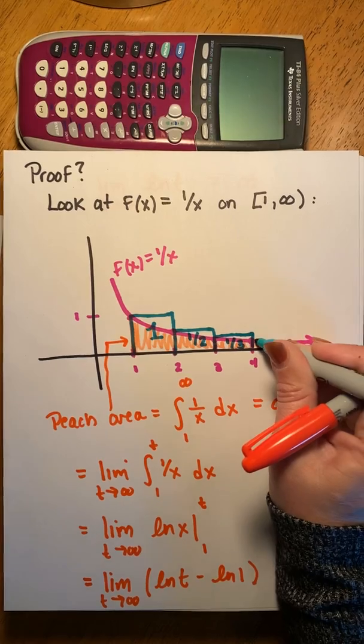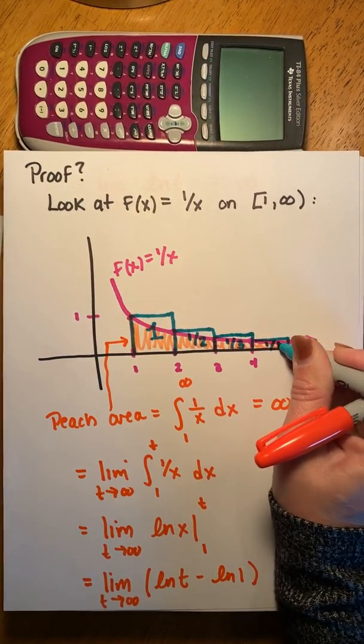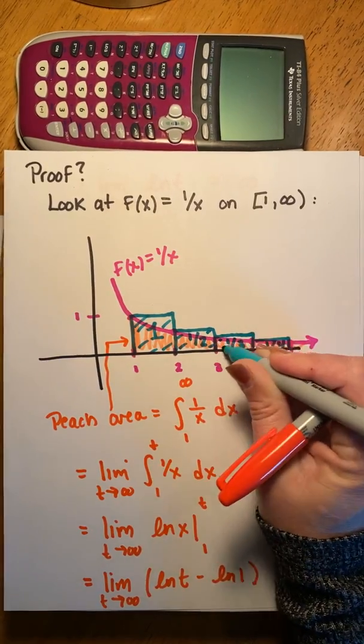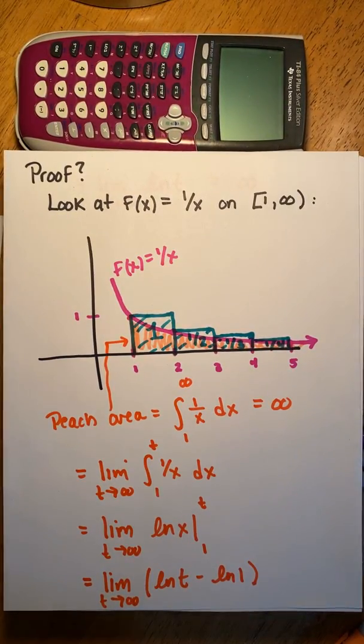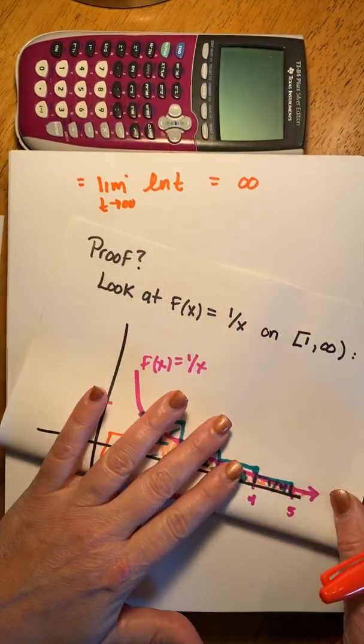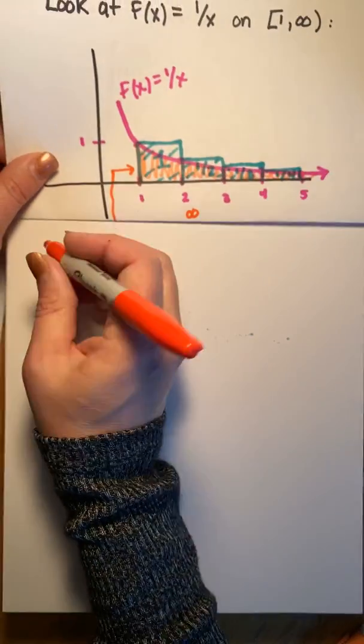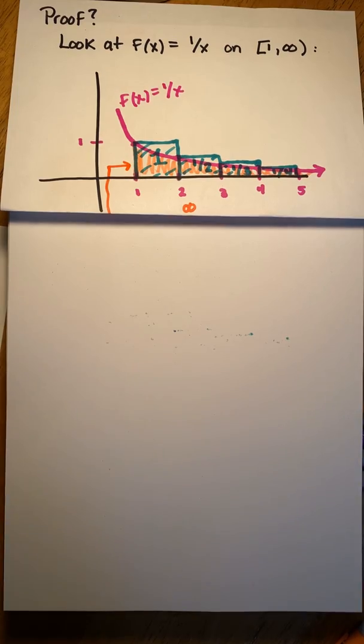1/3, and so forth and so on. So let's consider this green area now. Do you agree the green area is greater than the peach area? Let's do this, yep. So the green area